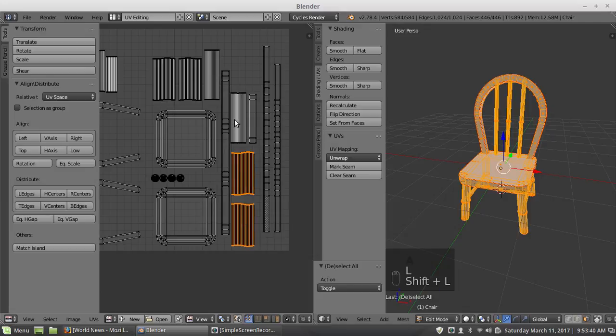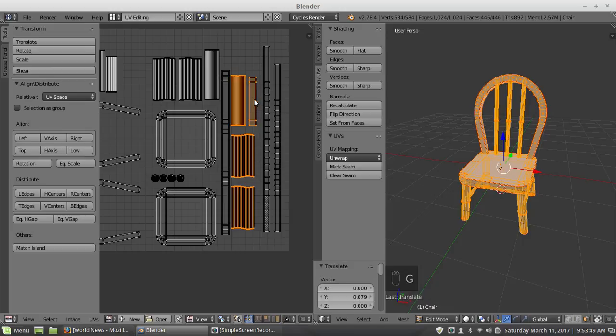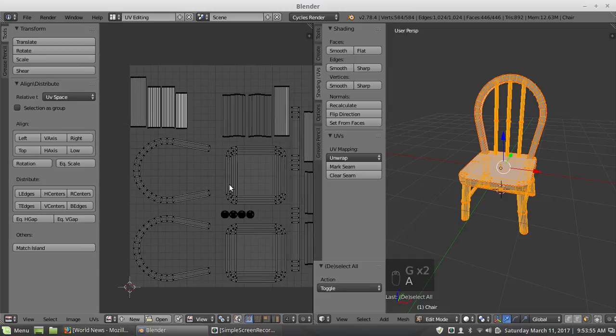Select these islands. Just give them a little bit more breathing room. Oops.